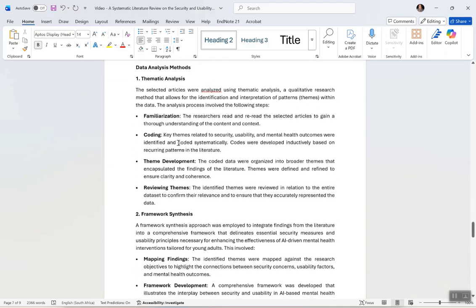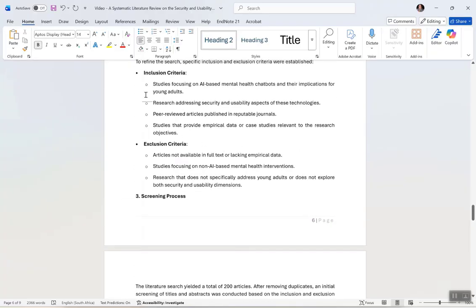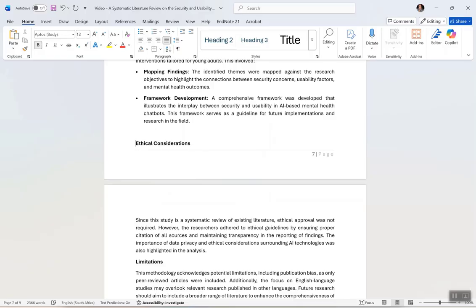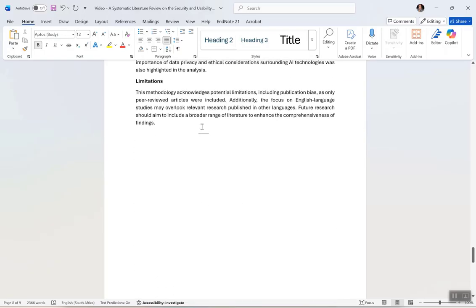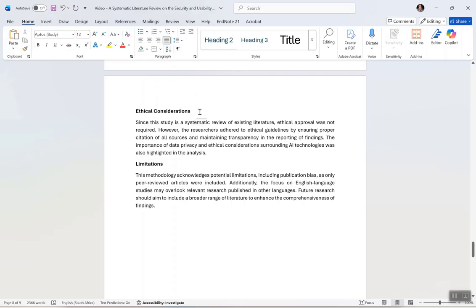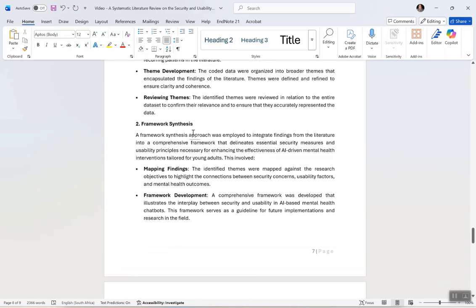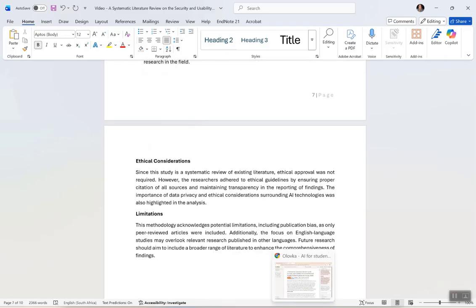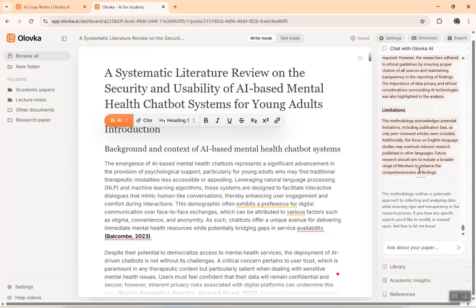So you can actually come later and put these things in a table. I'm going to show you how to do that in a bit, right? So let's continue. We have our limitations, our ethical considerations. So everything is already here for us, and then what we are going to do next is ask Olovka to write